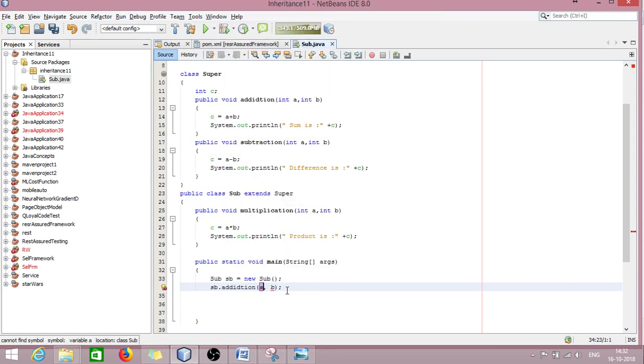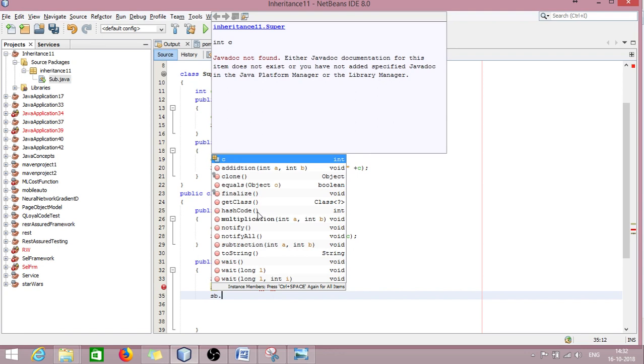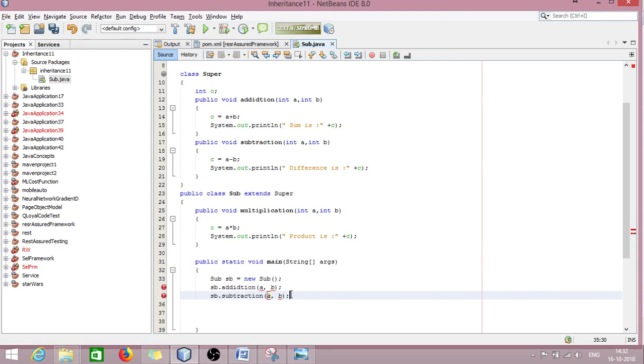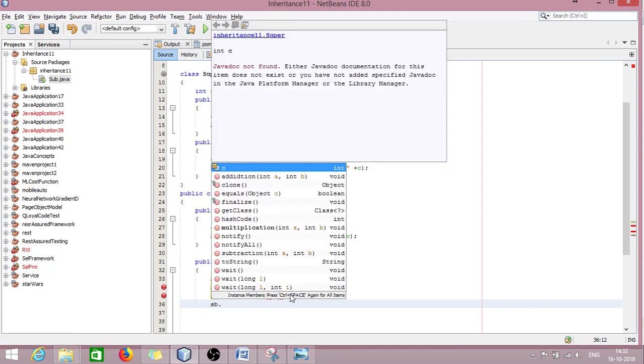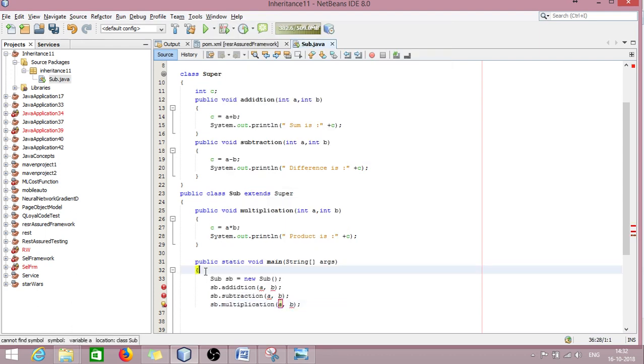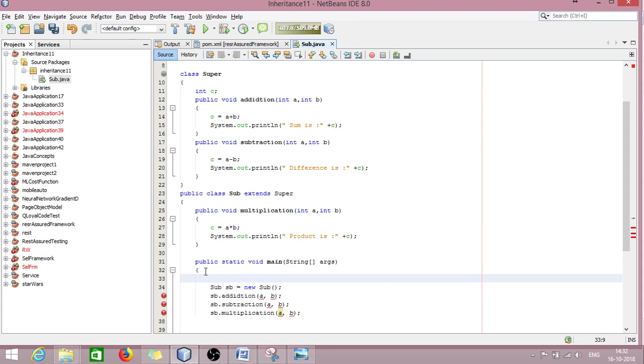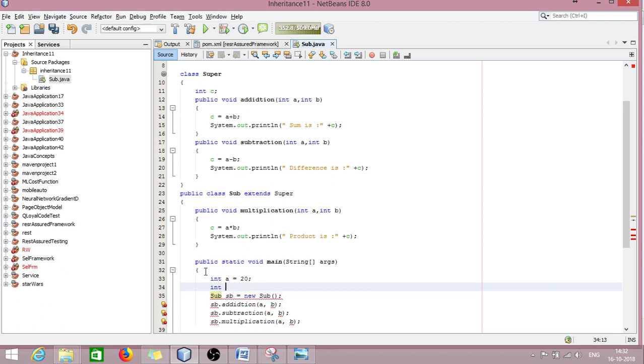So I'll say sb dot addition, sb dot subtraction, which are methods that have been declared in my superclass, not in my subclass, but still we are able to inherit them with the help of extends keyword. Okay, this is multiplication. So now in order to get my results, I need to give values to my variables, and a equals 20, and b equals 10. Okay,